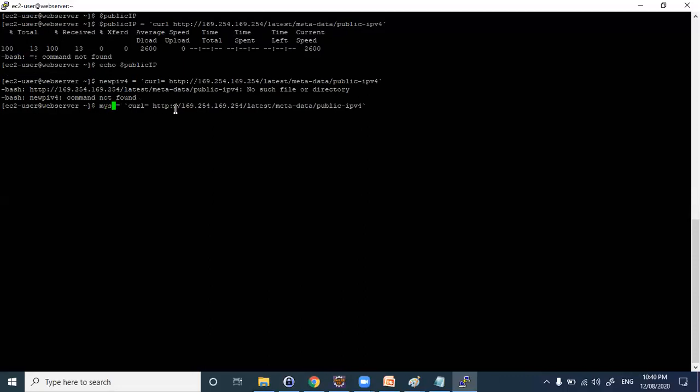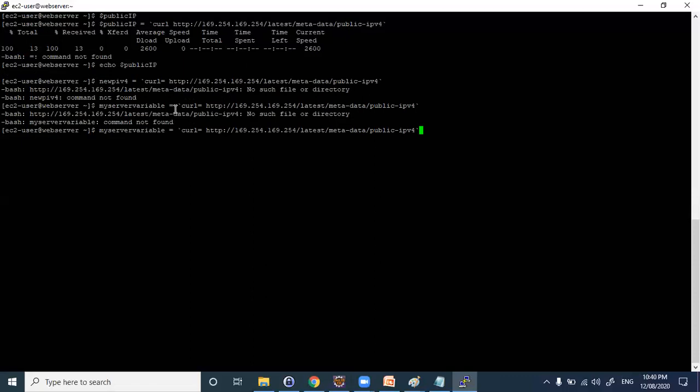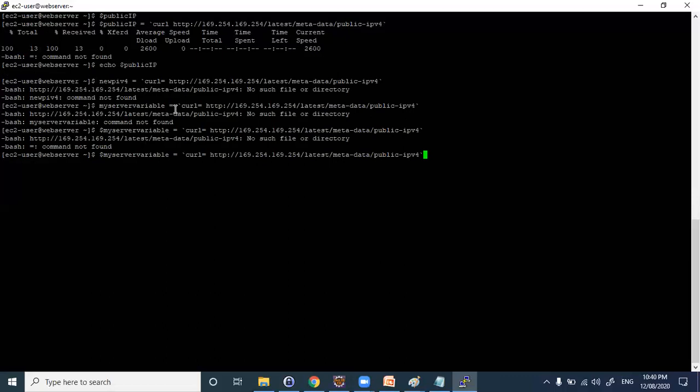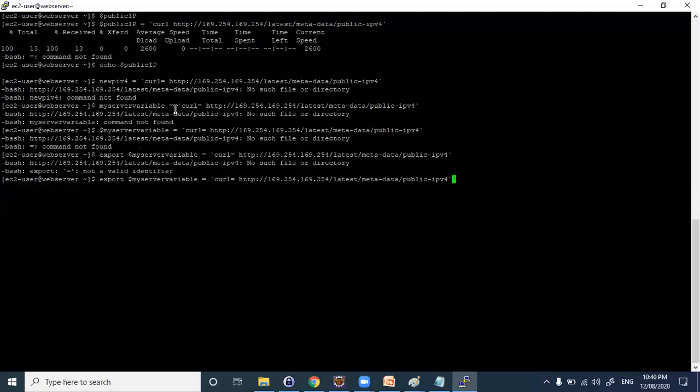I tried long back. So my server variable. Let me store it in. Harish, can you try export, appending? So you mean to say this export command for this variable? Yeah. You can remove the dollar also. Yeah.